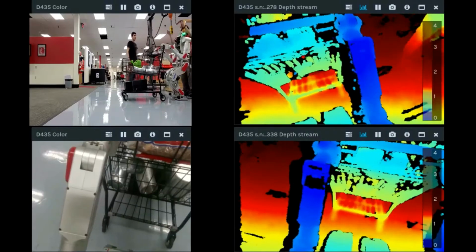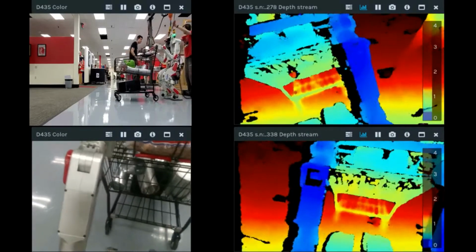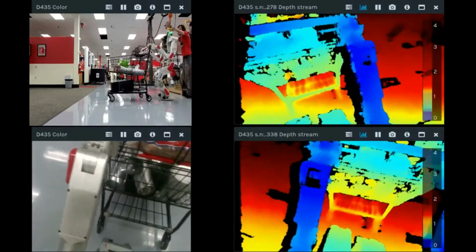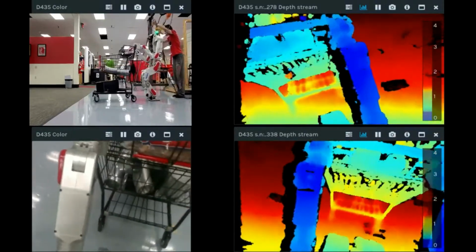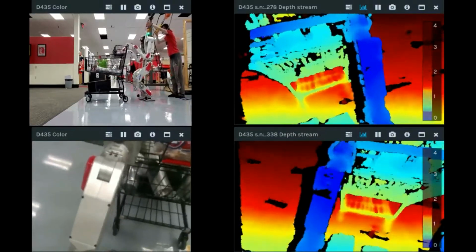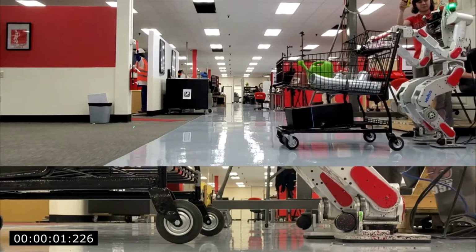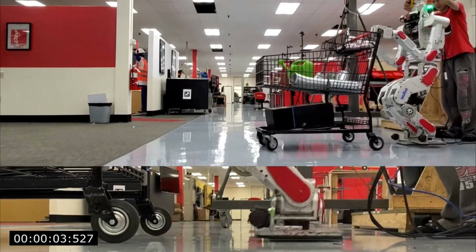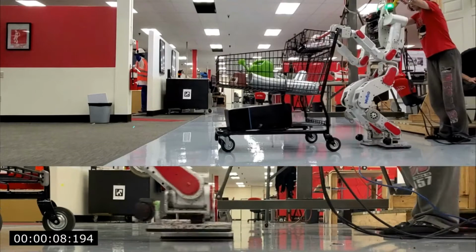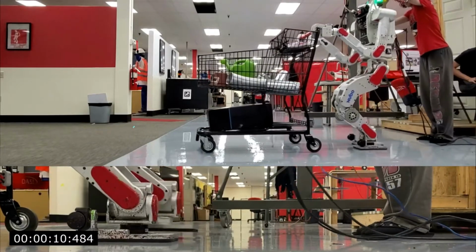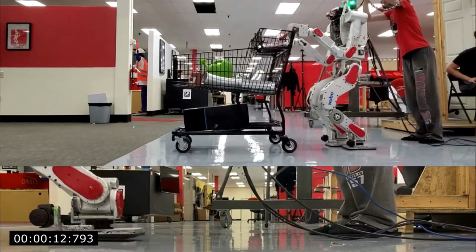Here is a cart experiment with just a different point of view. You can see the depth image on the right and the POV of the robot on the bottom left. Here, shopping cart experiment with the same load. Here you have a close-up on the foot. As you can see, the robot is a little bit slippery due to the glossy floor where this experiment was